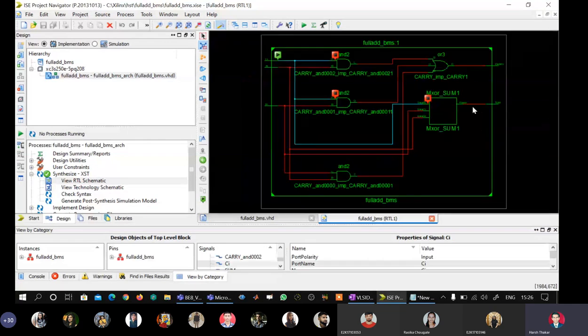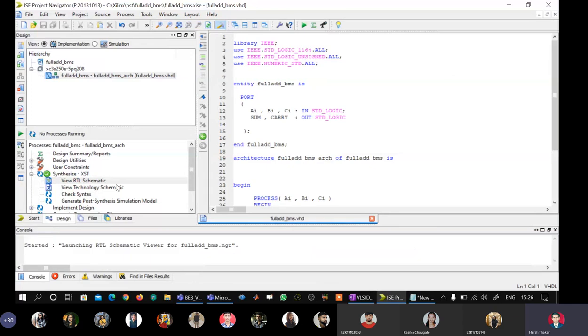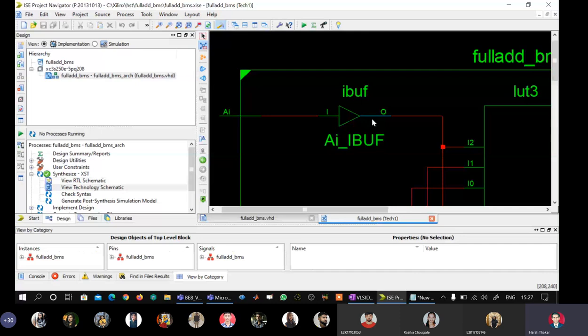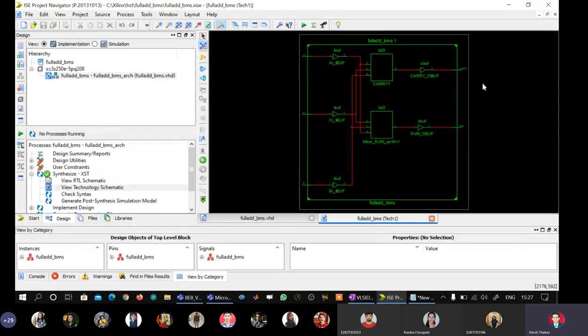There is no change in the logic here as before. Close this, open technology schematic, go inside. We are again seeing there is no change. So by changing the modeling style from data flow to behavioral, our RTL as well as technology schematics remain the same.